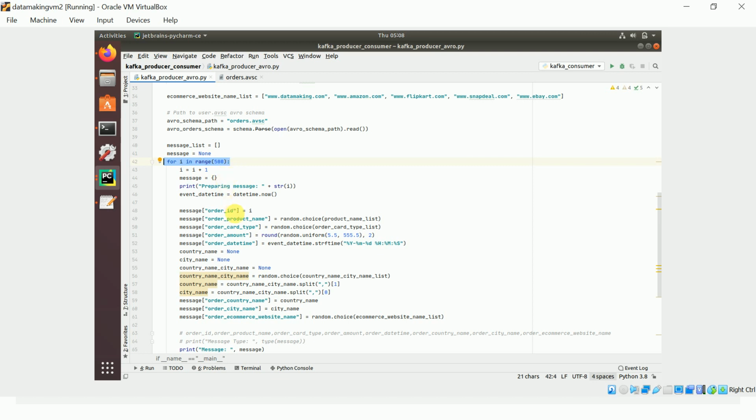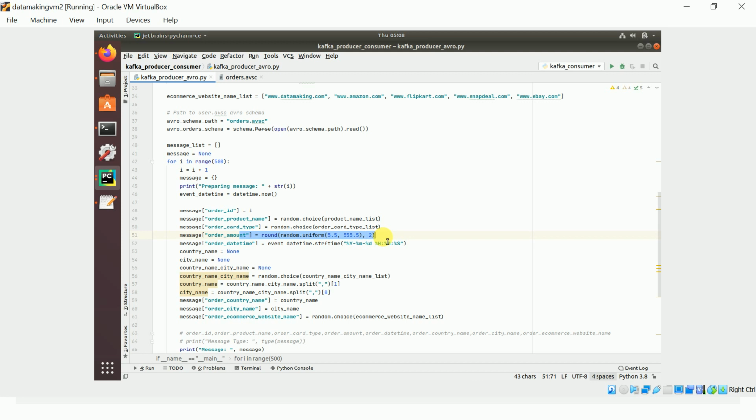To prepare the JSON object, create a dictionary message variable with an empty dictionary, then set the order ID as the sequence number, and product name as a random choice from this product list. It will give you one value from this list. Similarly for card type and amount also.